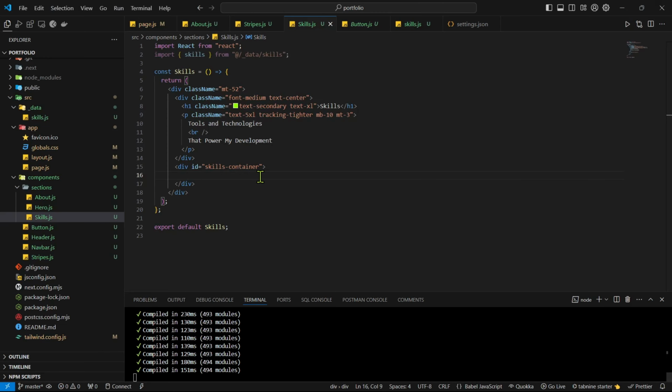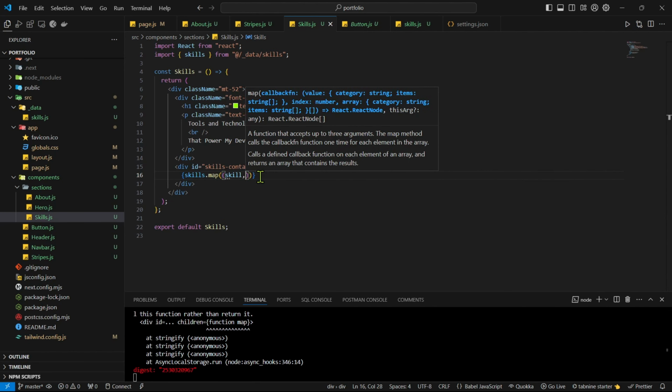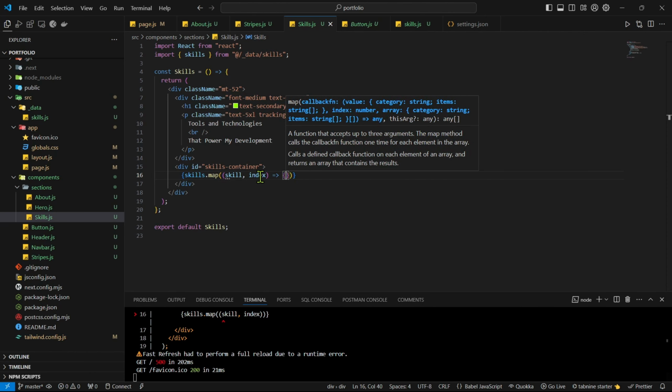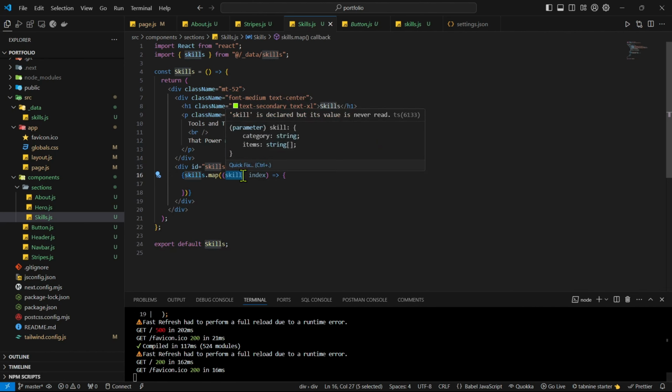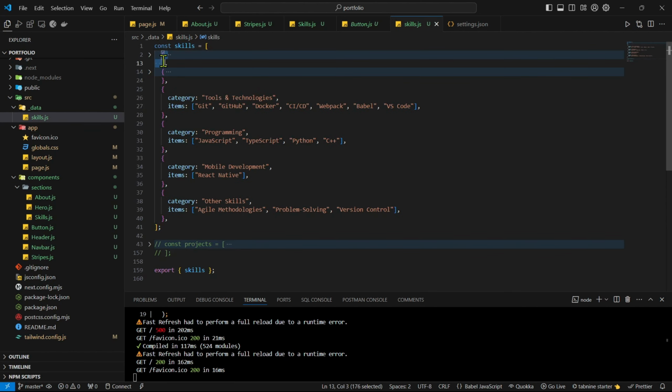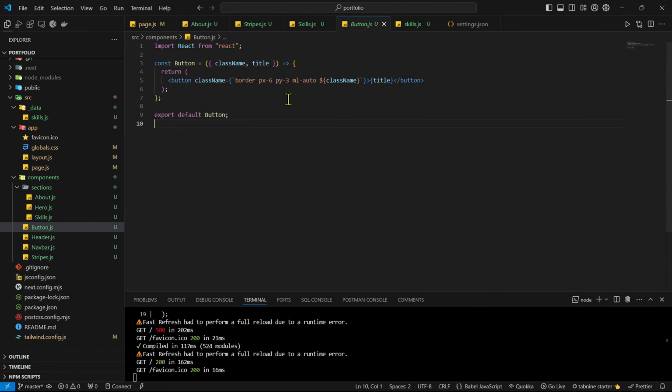Okay, so let's just start mapping. We want to do a map on skills. So we're going to say skills with map, and we say skill, and the second argument that we get in map is index. Look, this is your whole skills. It's gonna map one by one into these. One time this, another this, and then this, and then this. So every time it iterates,